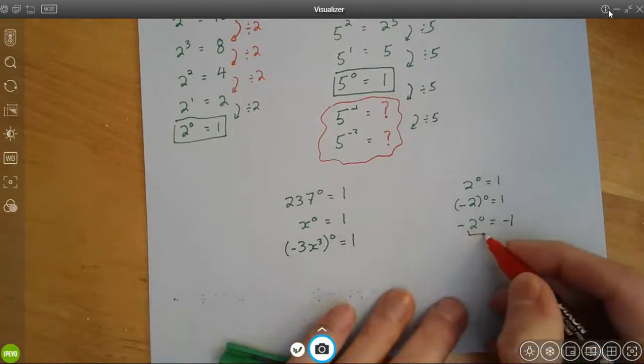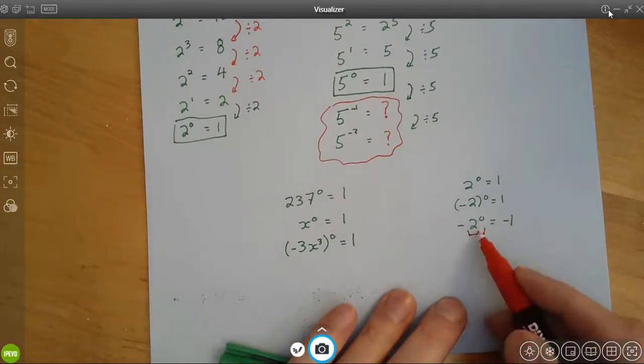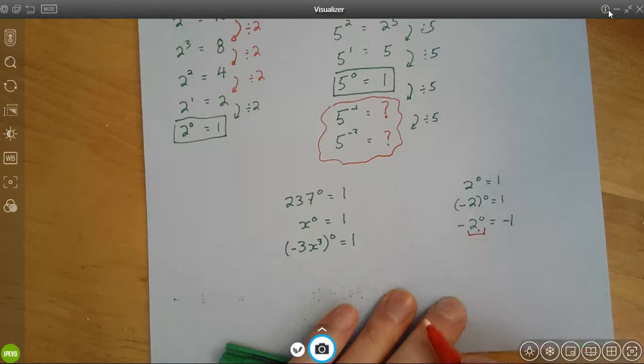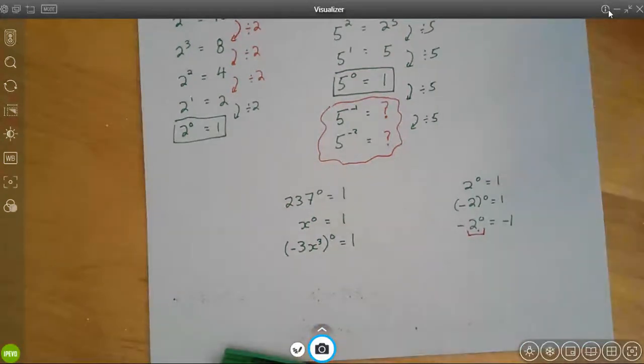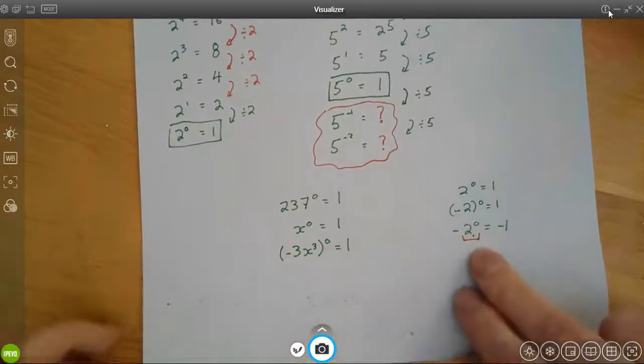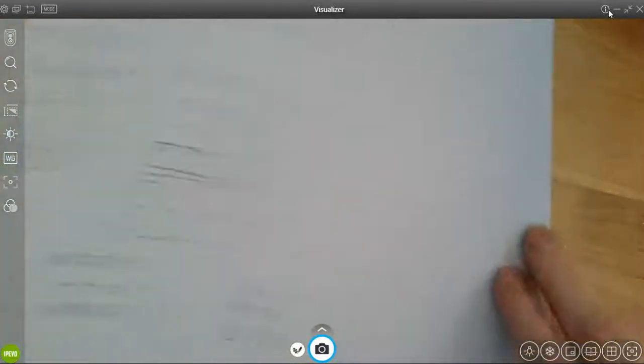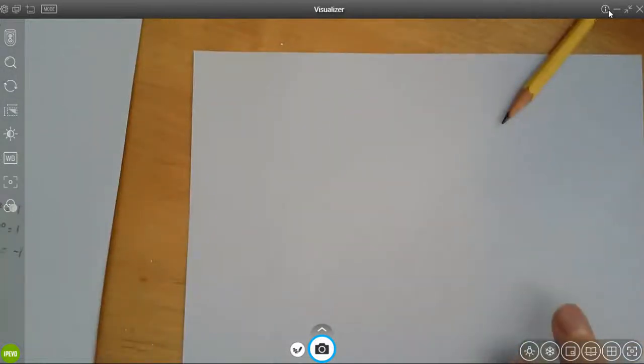I'm evaluating 2 to the 0 first. I'm doing my exponents first, which is 1, and then I'm subtracting or multiplying, however you want to think about that, then it's -1. The next exponent rule that we talked about in this part of your course content is what we call power